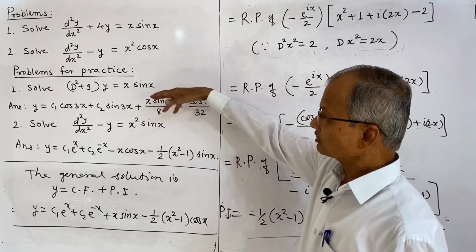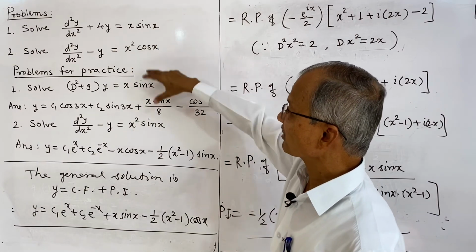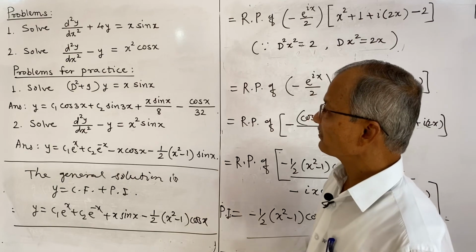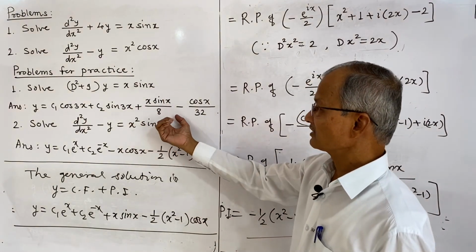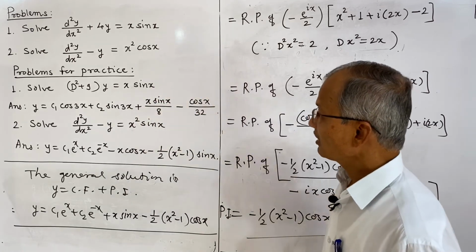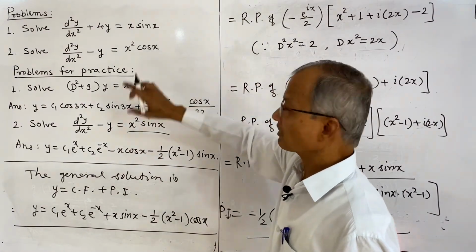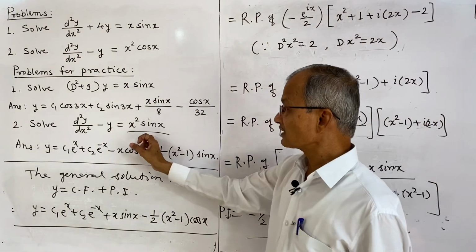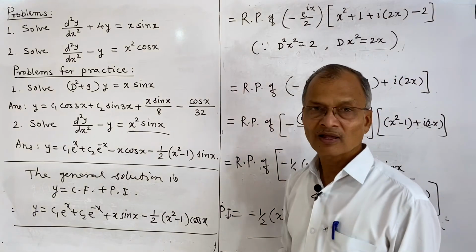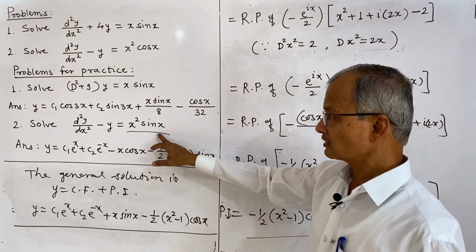So now you solve these two problems yourself. It is similar to the first problem, only this is different. The auxiliary equation will be different, the right side is the same, and this is the answer for this one. So use the formula for this, as you see in the steps we have done. And for the second, use the method of this. So instead of cos, here it is sin x, and sin x will be the imaginary part of e power ix. You do that much change and get the solution for the second equation also.